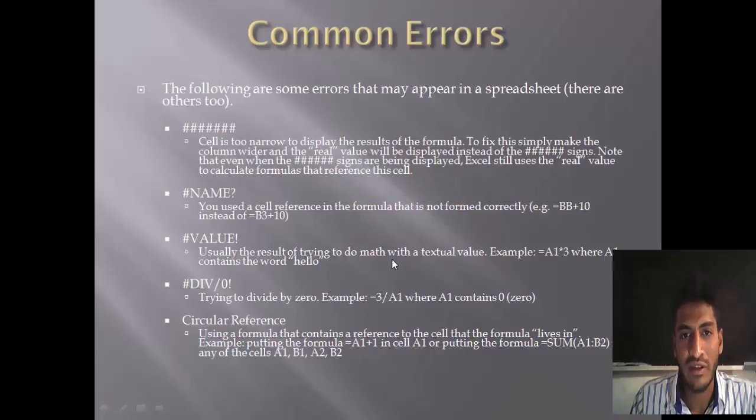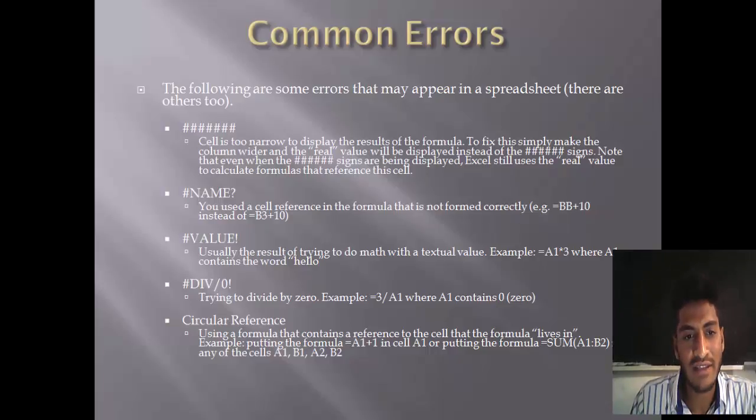Errors in formulas. Common errors. The following are some errors that may appear in the spreadsheet. There are others too. The cell is too narrow to display the result of the formula. To fix this, simply make the column wider and the real value will display instead of hash signs. Note that even though the hash signs are being displayed, Excel still uses the real value to calculate formulas that reference